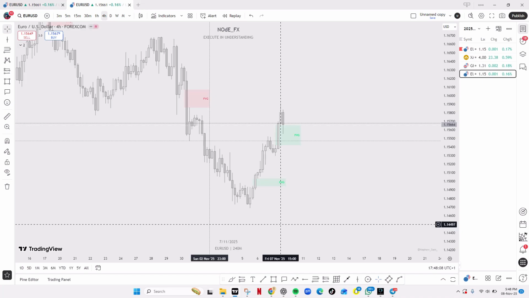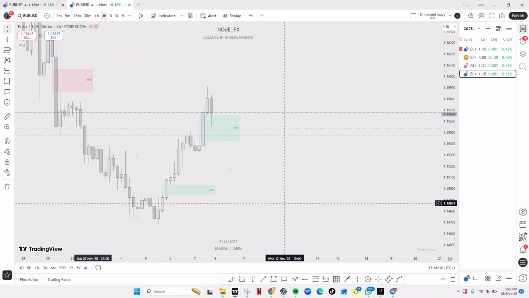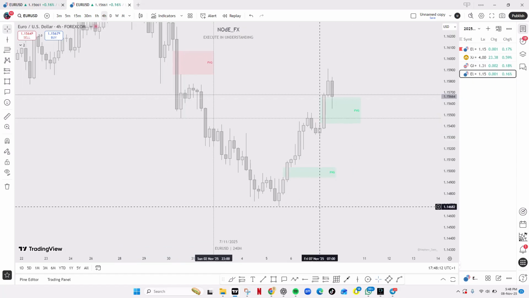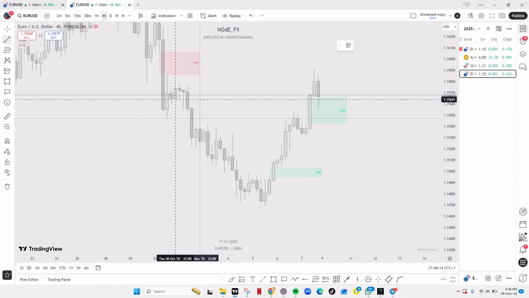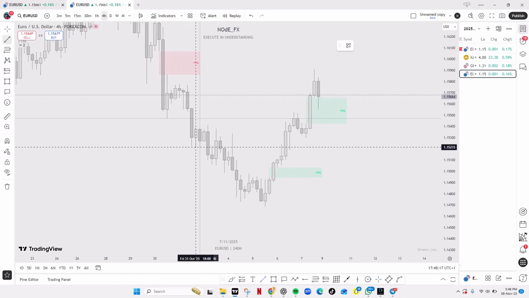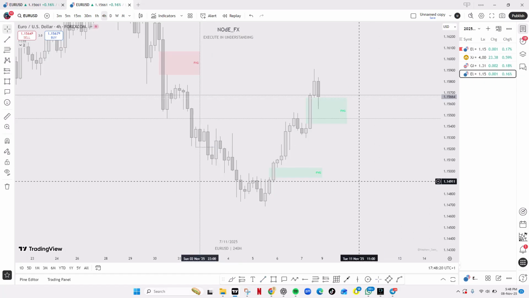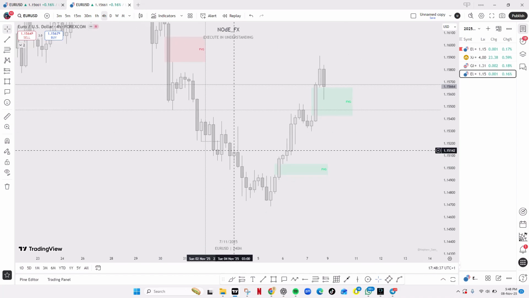Now, majorly from this week, if you look at everything that occurred in the 4 hour time frame, there's no valid entry at all. The first one is this low that was taken out by price. I hope you remember there are three things that we usually look for when we're trading. The first one is the narrative, the second one is the range, then the third one is demand and supply. We all get that concept. If you don't get the concept, go to the beginning of this playlist and you will see the videos whereby you learn from. Now, continue everything we're doing.